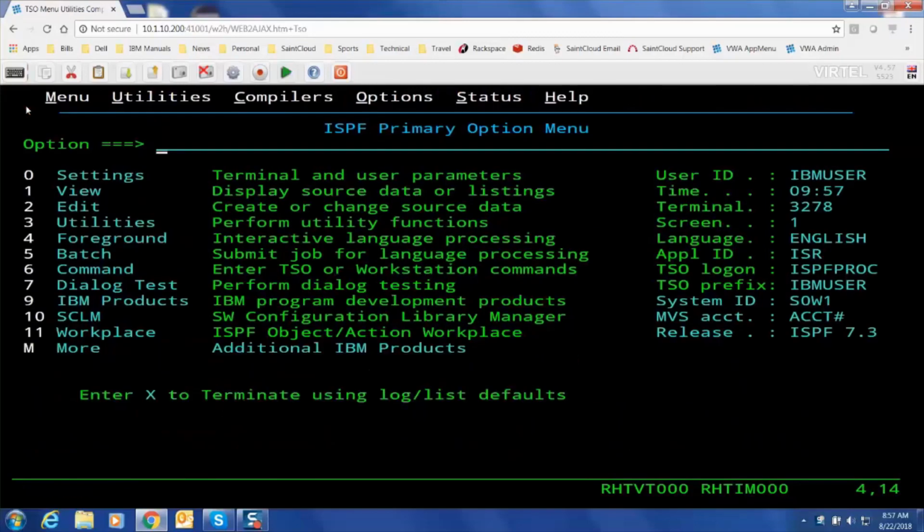And what we're seeing here is the actual rendering of the ISPF primary option menu for TSO, just as you would if you were using a TN3270 interface, except that we're now looking at it rendered in a web page using HTML and JavaScript. This is a standard, what's called Mod 2 TN3270 rendering, which is a 24 by 80